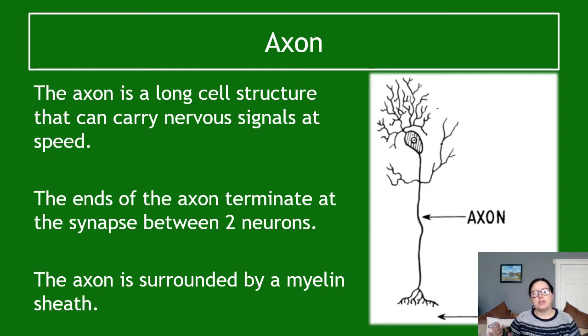The axon is surrounded by something called a myelin sheath. So that's what we're going to look at next. But again, the metaphor of comparing it to an electrical wire, where the idea is there's a little bit of copper, or metal, that runs along the inside of it, but it's surrounded by plastic on the outside. And what that plastic on the outside allows is the signal to go in one direction, from where it started to where you want it to be. Now why that's useful is if this plastic wasn't here, you'd get electrical signals firing off absolutely everywhere,